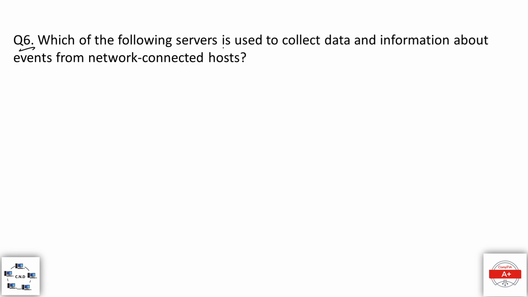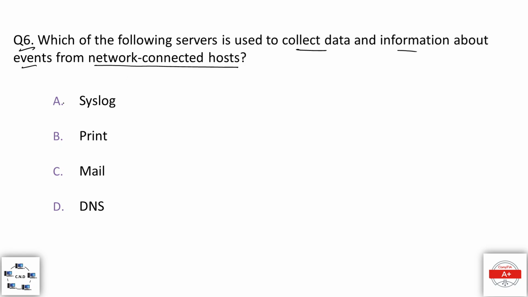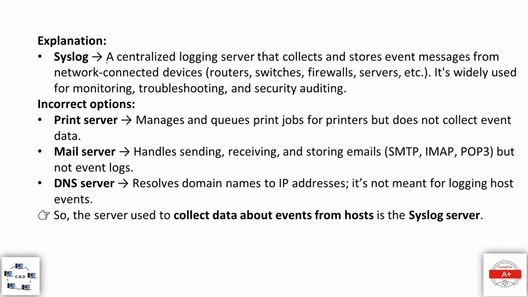Question number 6. Which of the following servers is used to collect data and information about the events from network connected hosts? And the options are: option A, syslog; option B, print; option C, mail; and option D, DNS. And the correct option is option A, syslog. And the explanation is: so syslog is a centralized logging server that collects and stores event messages